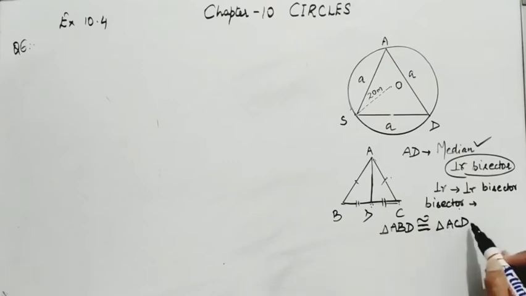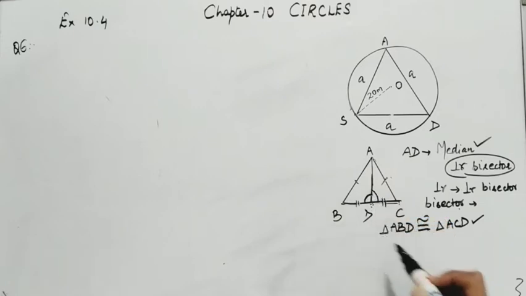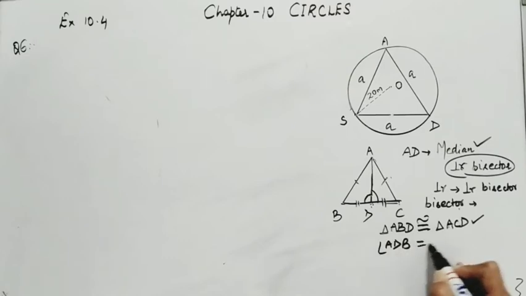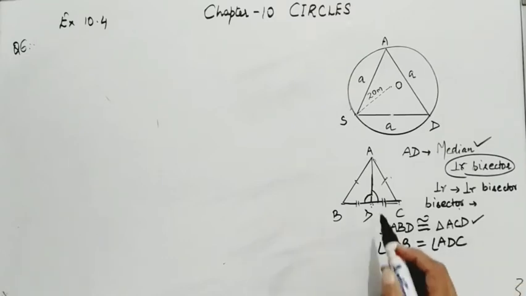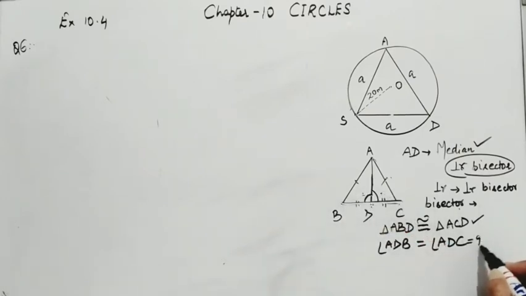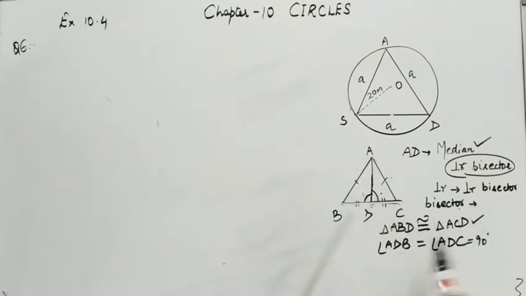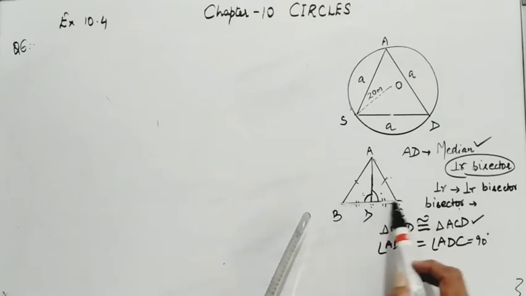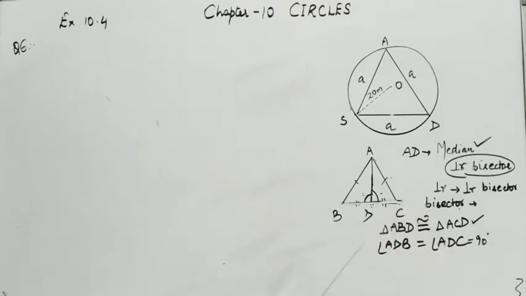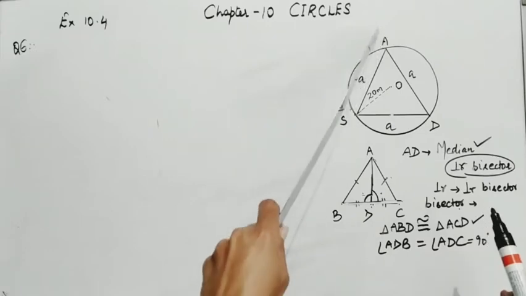Now if these triangles are congruent, this means angle ADB must be equal to angle ADC, but these angles are formed on a straight line. That would make each angle 90 by linear pair. So AD, which was simply a median, is not just a median, it is a perpendicular bisector. Alright, so this is how we can say that whenever there is an equilateral triangle,